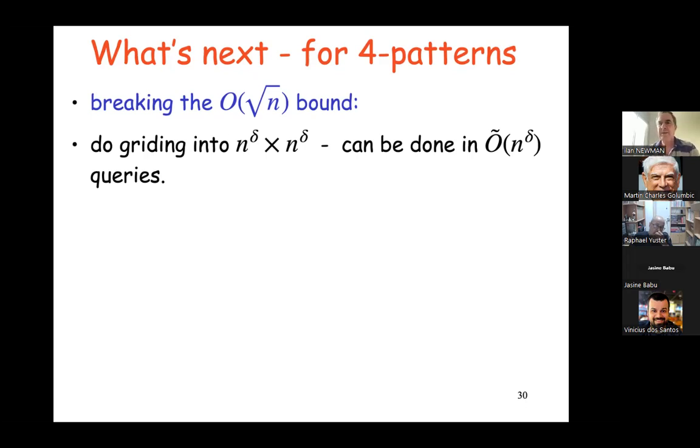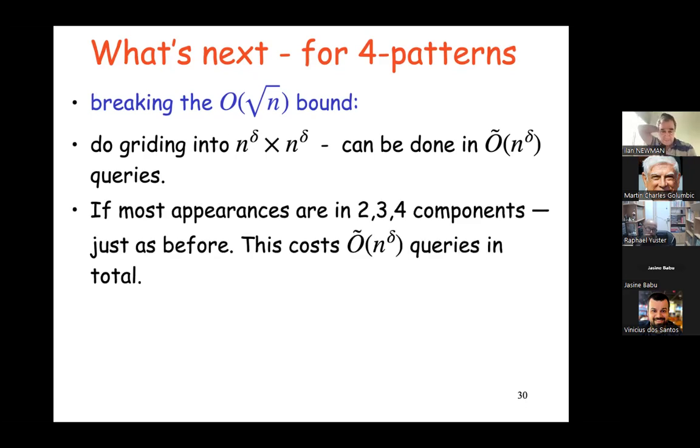And this can still be done by the same reasoning in time or in number of queries that is proportional to n to the delta now, instead of n to the half. Okay, so the gridding can be done much more efficiently. Of course, I will remain with much larger boxes, and I will not be able to afford to query all the domain points in a box. Okay, but this doesn't matter because sampling a box, like I did in the cases before,